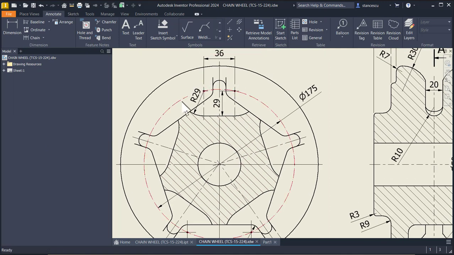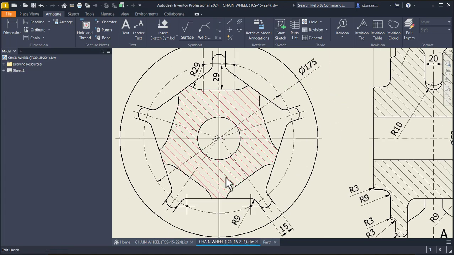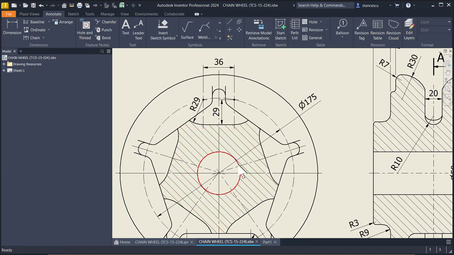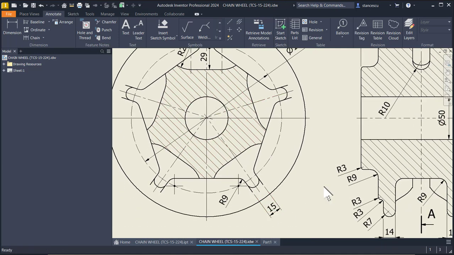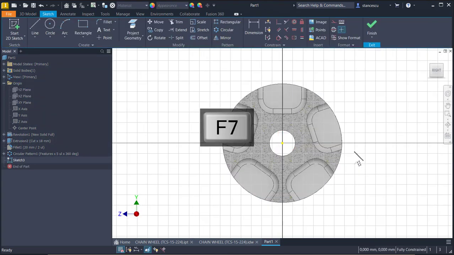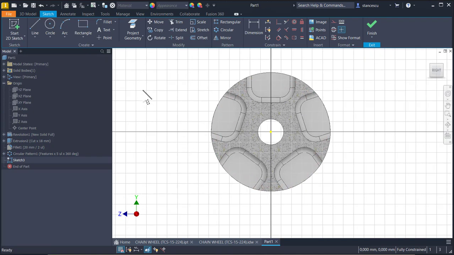We saw these dimensions based on the diameter of 175, and now we focus on these 2 arcs which have their centers on the same circle, radius 9 and 15. We don't have a distance of 36, but we have this dimension. Let's see what to do. We use YZ plane for a new sketch, F7. We draw again